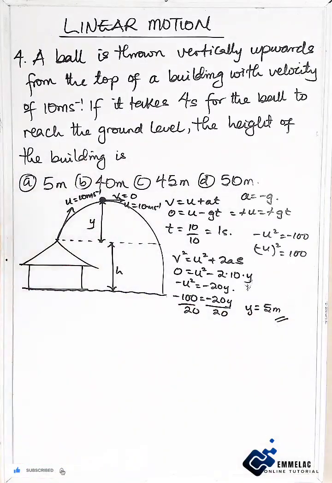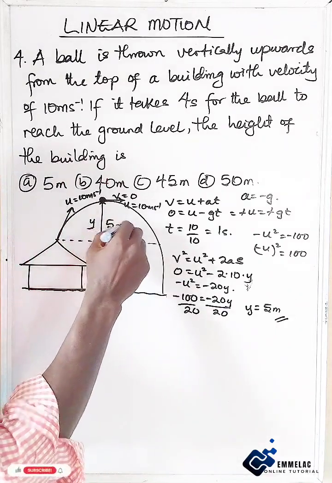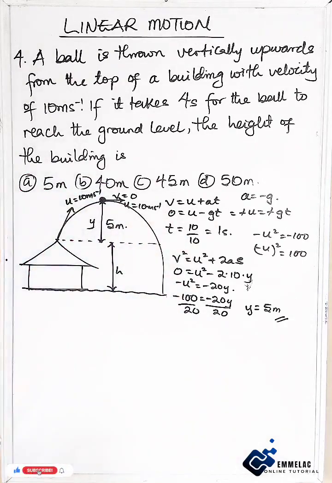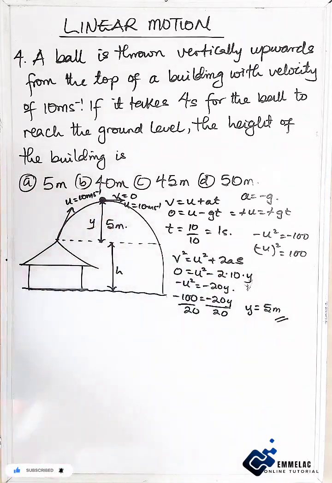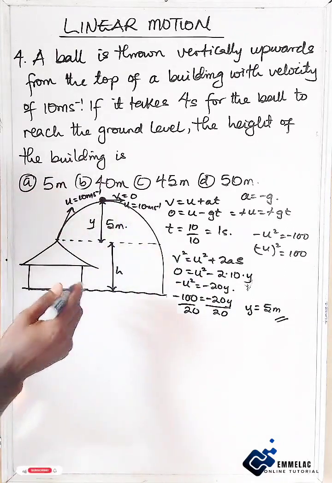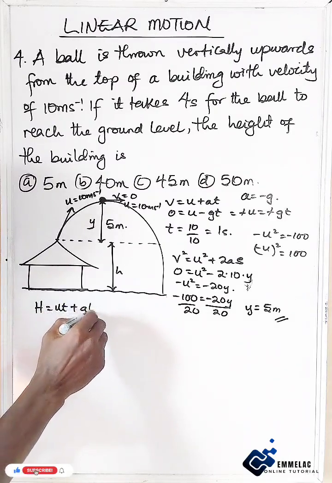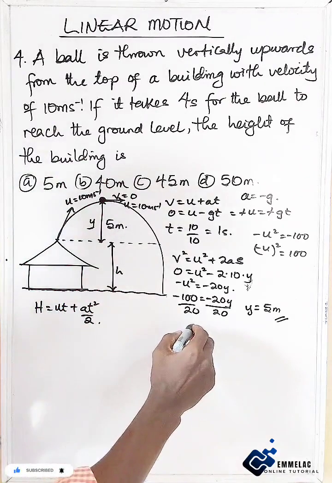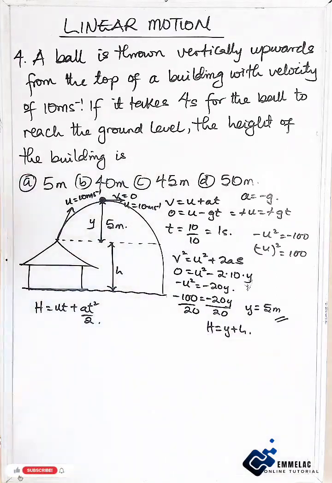Okay, so to that end now, it means from here to here is 5 meters. Alright, so let us now calculate the total height, and take note that from here to here is 1 second by our calculation. So for us to get the total height, let us make it as h then equals to ut plus at square all over 2. Okay, where our capital H equals y plus what? h. Okay, so to this end here now,